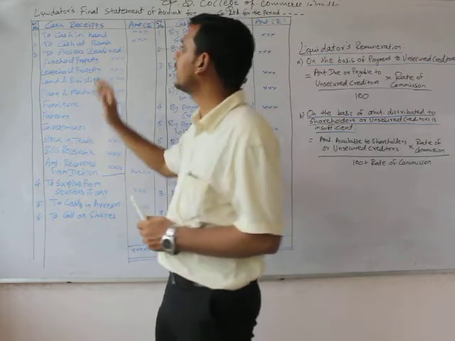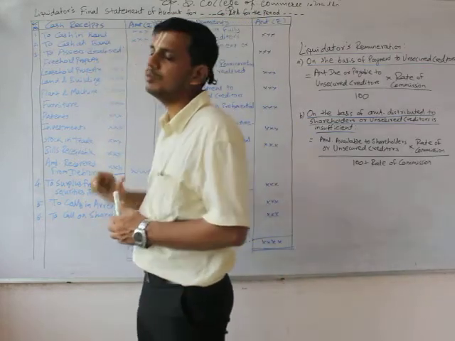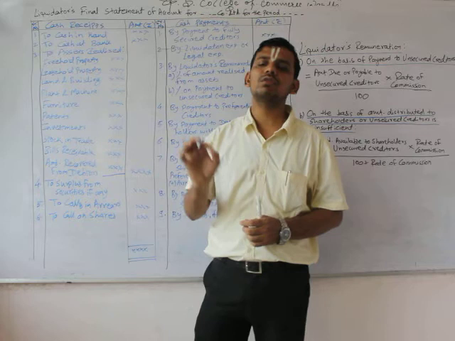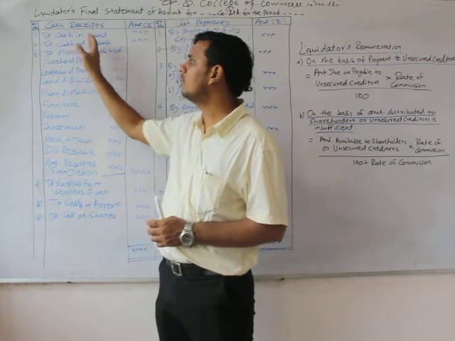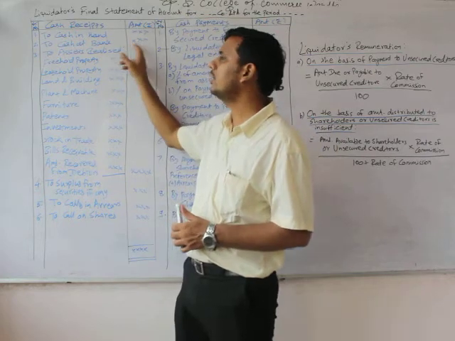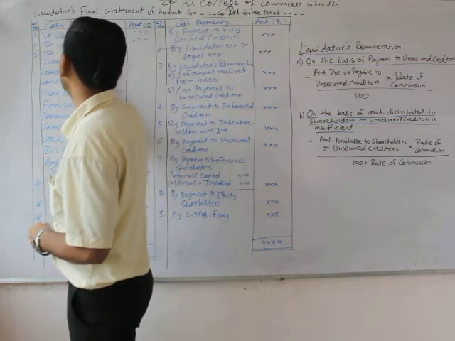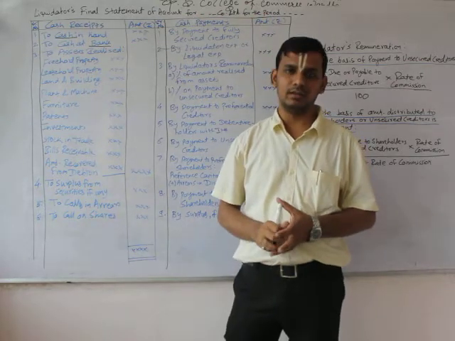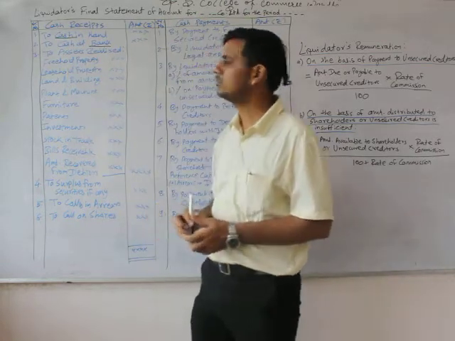Coming first to cash receipts, there would not be any kind of debit or credit side, therefore there would be cash receipts. In cash receipts, the first two heads would be cash in hand and cash at bank. If suppose cash in hand is absent, then we can directly put nil in the amount column and move directly to cash at bank, or else vice versa. If cash at bank is not available, we would write cash in hand and then mark cash at bank as nil. These things, that is cash in hand and cash at bank, are already in liquid form, hence they cannot be realized by him. That is why they are taken directly as the first numbers.